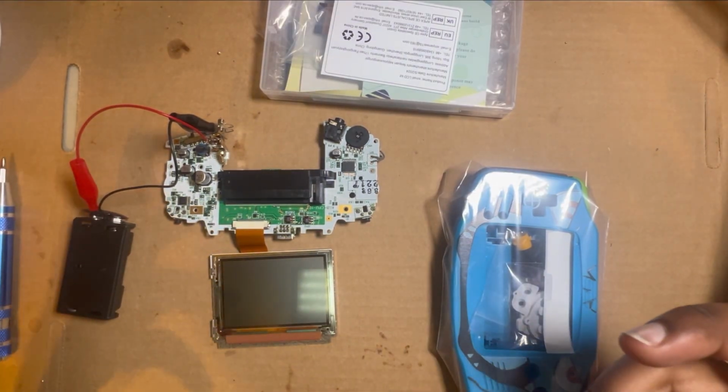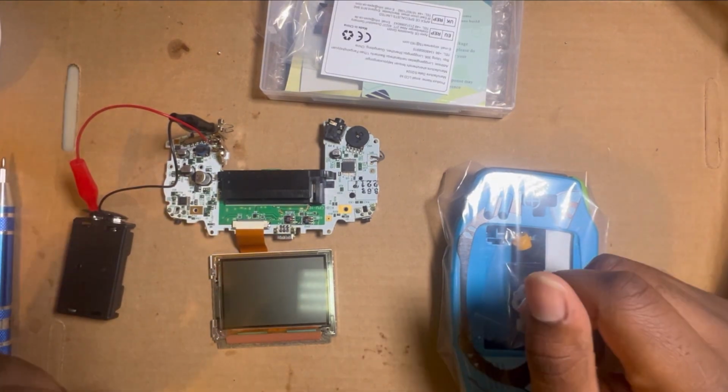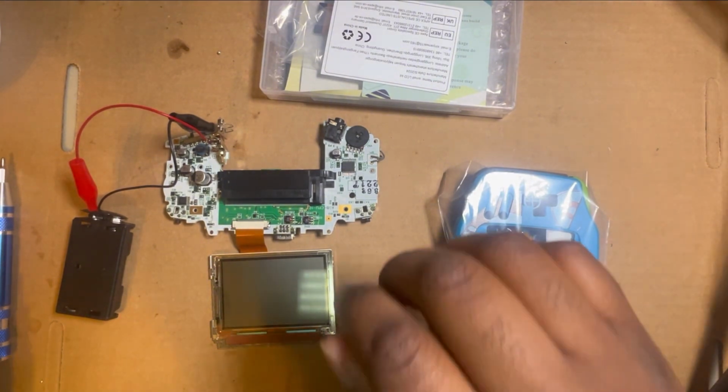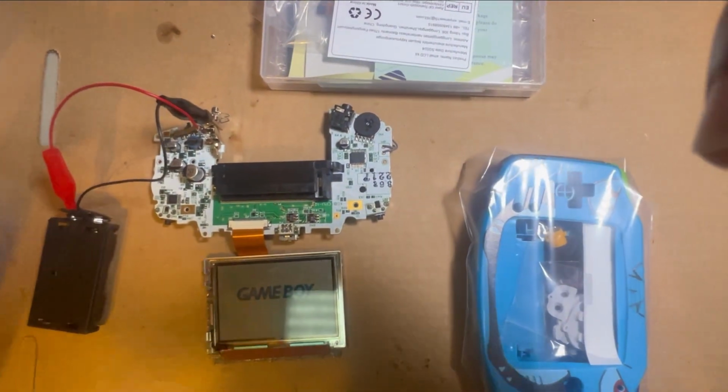Don't take this as a tutorial, disclaimer, this is not a tutorial thing. I'm just showing y'all my hobby, something cool, something I like to do. So for example, it's from turning the screen on, which is the default screen, which is what this is. That's the default screen of it,